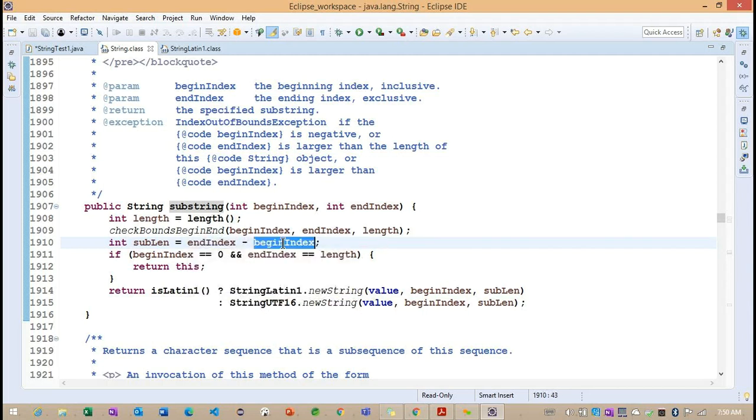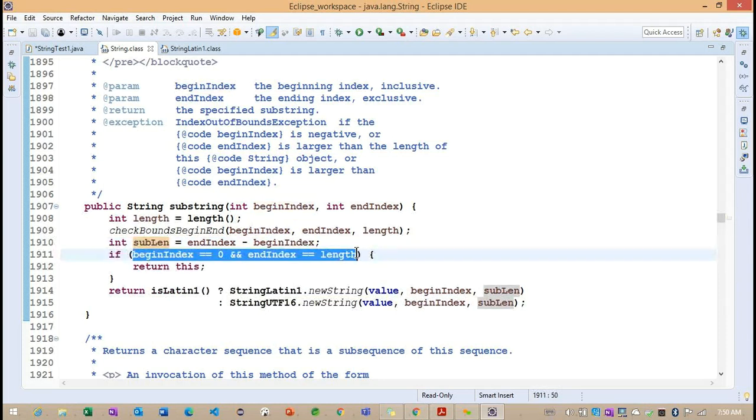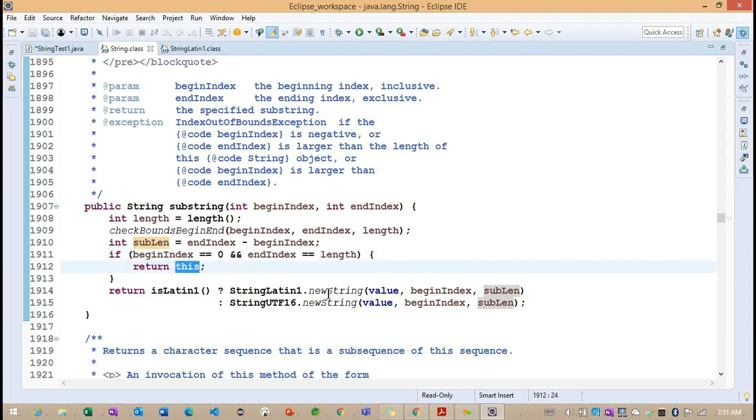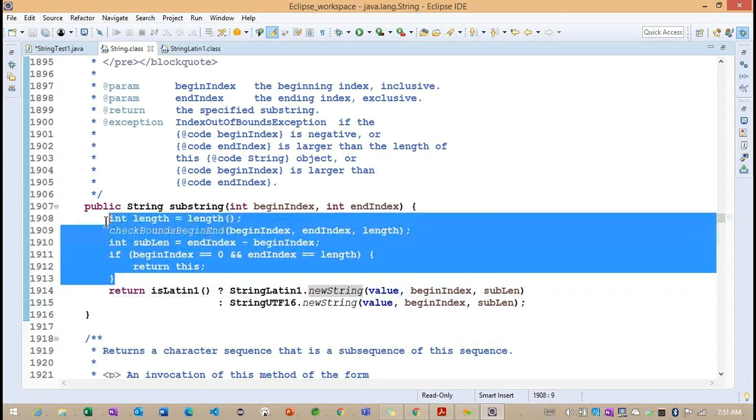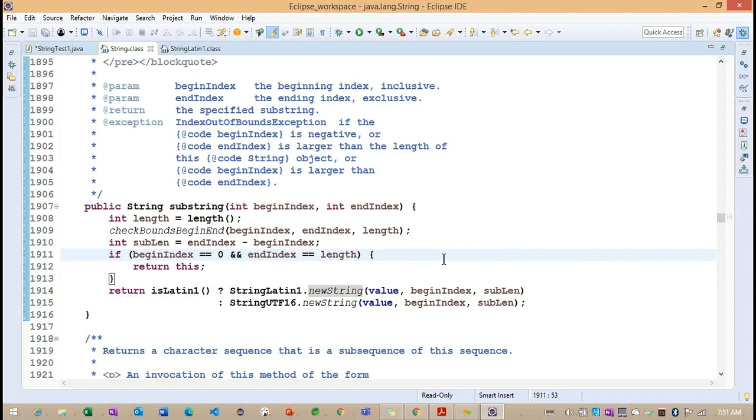Now, based on the end index and the begin index, we create the sub length, and if all the conditions are satisfied, we return the current object. Otherwise, again they are calling the same new String method, but the only difference is that some logic is implemented differently here.